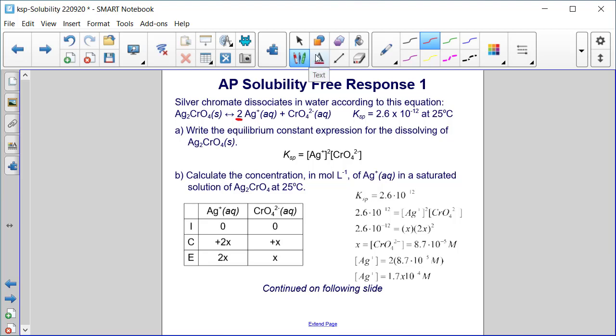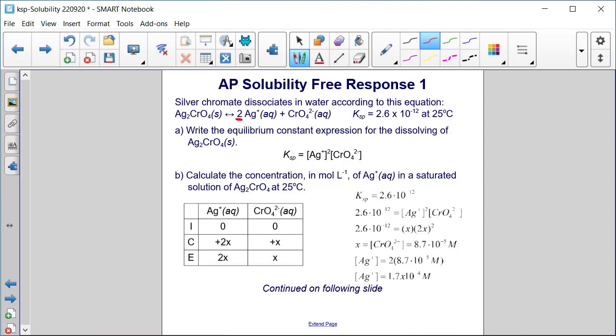Now let's calculate the silver ion concentration in a saturated silver chromate solution. So initially we have no silver and no chromate. As equilibrium is established, we have a change of 2x for the silver, so we have a 2 coefficient here, and an x for the chromate, so that at equilibrium, we have an amount of 2x for the silver and x for the chromate. And we can set our equilibrium expression equal to the Ksp because that's what it is at equilibrium, right? In a saturated solution, we would expect the reaction quotient to equal the Ksp. So we set it equal to Ksp